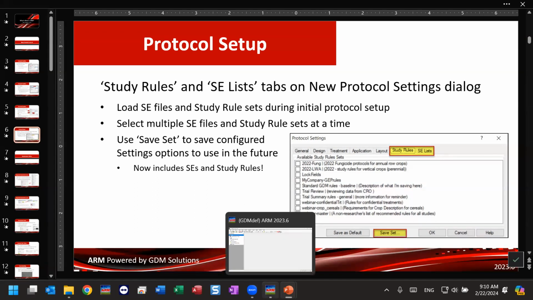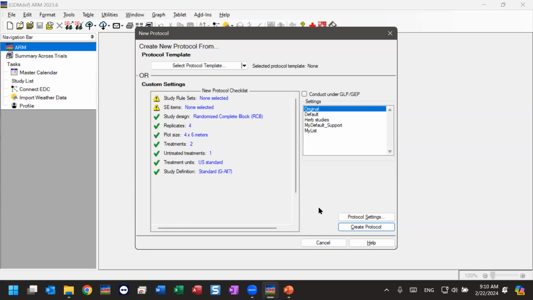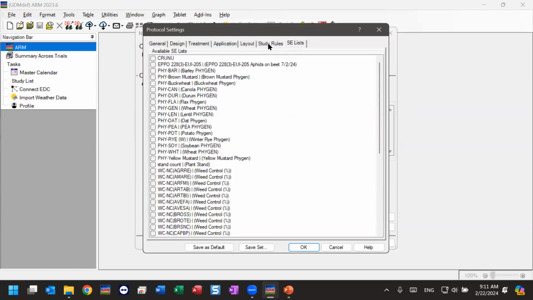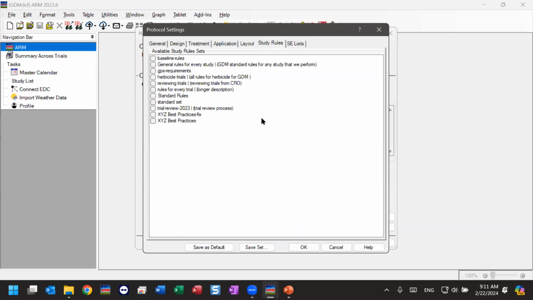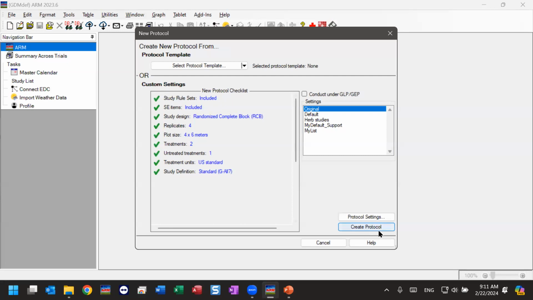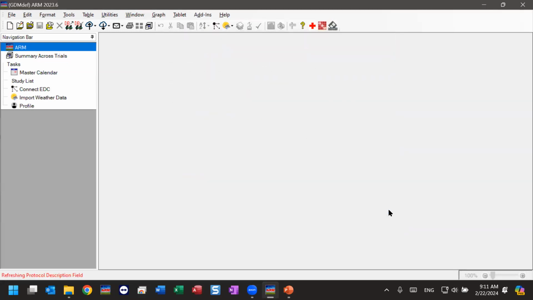So I'll go back to my ARM quick just to show that in action. If I go to click on SE, for example, you can see I've got those 2 new tabs. And so if I wanted to, maybe I'll just choose 3 SEs to load and go into my study rules. And maybe I want my baseline, and maybe this is an herbicide, whatever. I can select multiple of them. And now when I create my protocol,